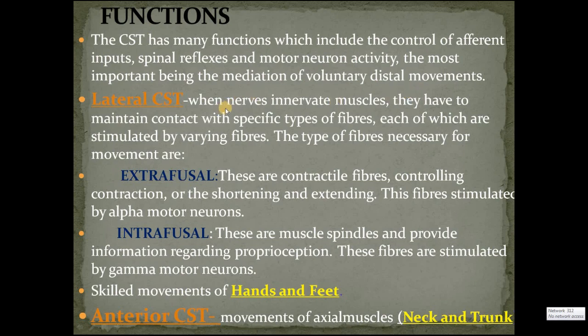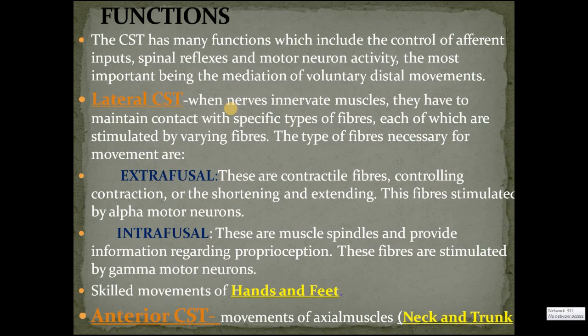The lateral corticospinal tract: when the nerves innervate the muscle, they maintain contact with specific types of fibers, each of which is stimulated by varying fibers. The types of fibers necessary for movements are extrafusal fibers and intrafusal fibers. The extrafusal fibers are controlled and innervated by the alpha motor neurons, and the intrafusal fibers are controlled by